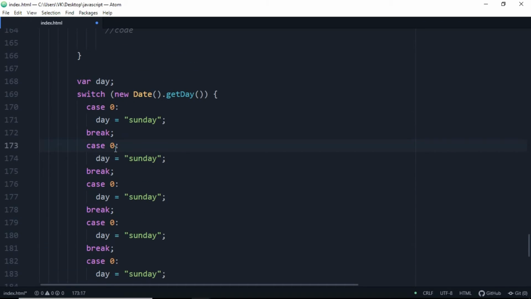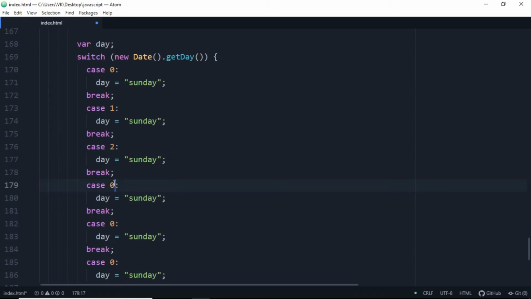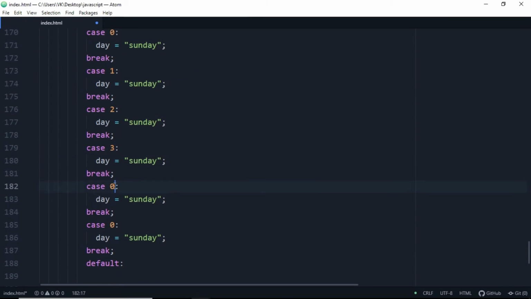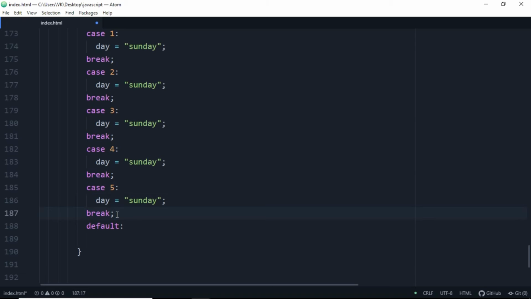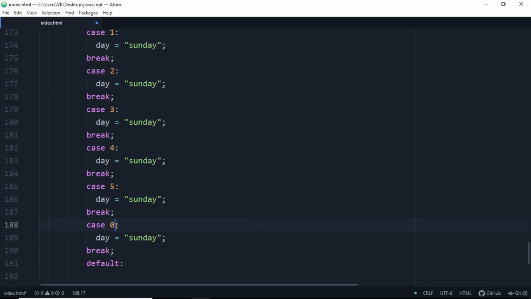Copy this and paste it about 6 more times, one for each day. So make this case 1, case 2, case 3, case 4, case 5, and the final one will be case 6, which will be Saturday. So let's just remove all this.